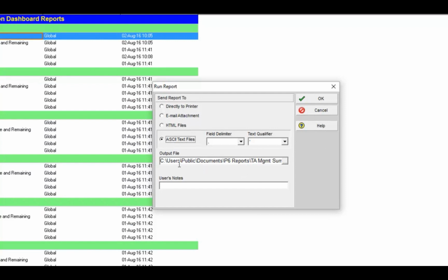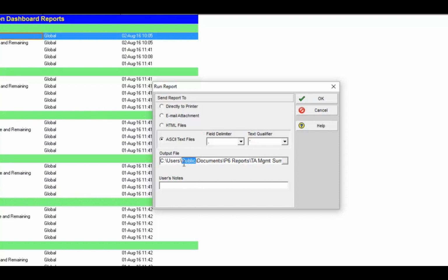Now when you do this, it's good to make sure that you do not save them to your documents on your C drive. Rather, it's better to go to the C drive, go to the users folder, to the public documents folder. The reason I say that is because if I want to send this Excel file to another P6 user and have them run the exact same batch report and the macros to pull them into Excel, I cannot have this path in the macros in the Excel file, and I'll show this to you when we get in there. I can't have Excel going to a user's My Documents folder, because what happens is the public